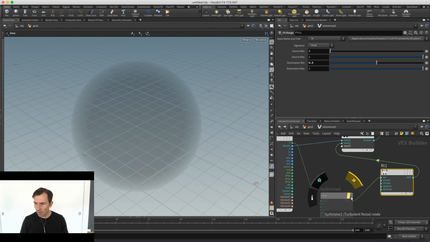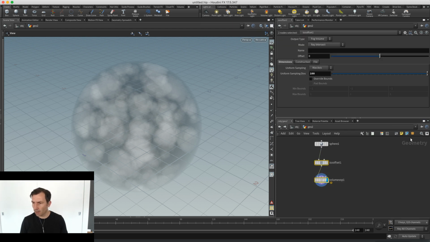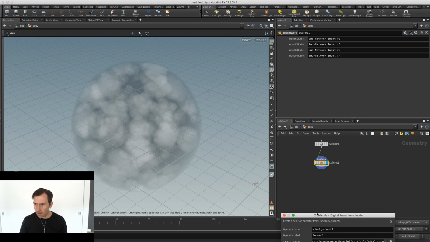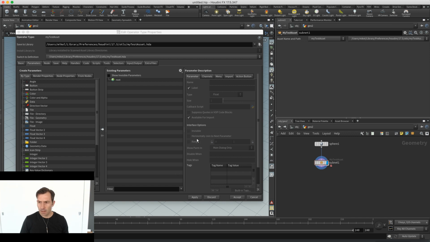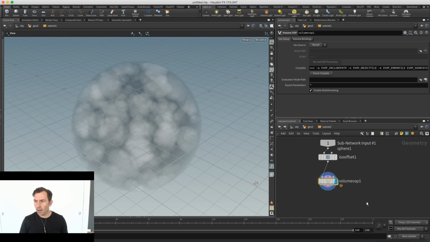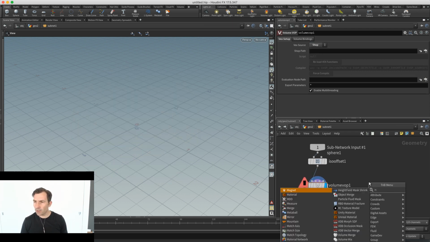Okay, so what I want to show you here is, let's say that this is all wrapped up in an HDA. And so I will do that. I'll go there and I'll do create digital assets, and this will be my test asset, and accept. There we go. Now, the reason I chose this as an example is, with the volume VOP, you can actually choose your VEX source. So if I was to change this from myself to shop, what I can actually do is point to a